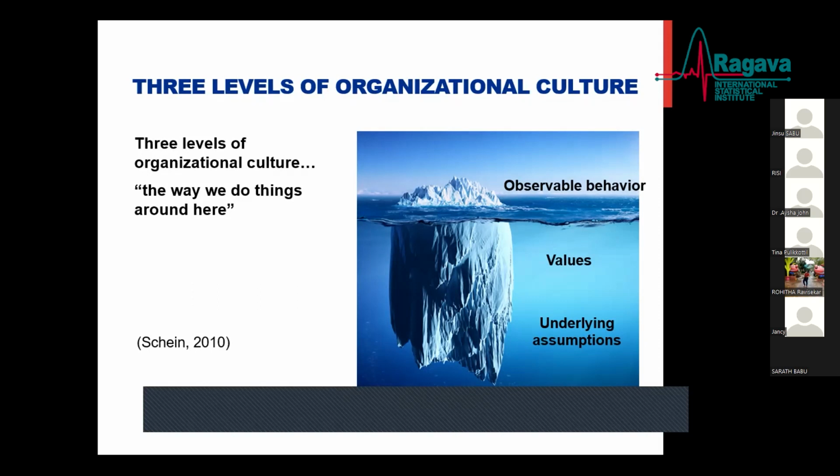The third is the underlying assumptions. The underlying assumptions are very, very strong, unconscious, and not shown. For instance, if you have a male-dominant society, the male in any form, maybe a manager, a doctor, or any admin staff, may show aggressive behavior because of that underlying assumption. This culture is very strong, unconscious, and not shown. And it will also differ from region to region and organization to organization.